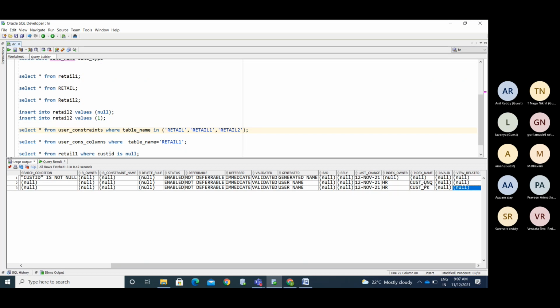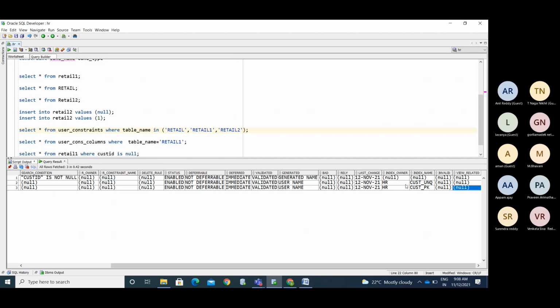I will explain in the class. If the table has an index, the data from that particular column can be picked faster. If you want to retrieve the data fast, we use indexes. So how can it improve the performance? When you perform select queries to retrieve the data, the data is retrieved faster using indexes.